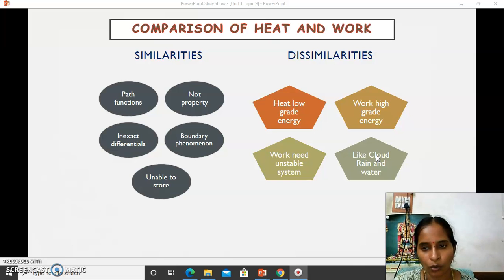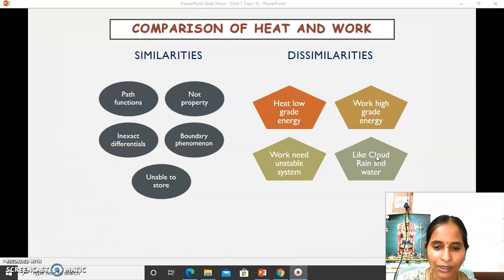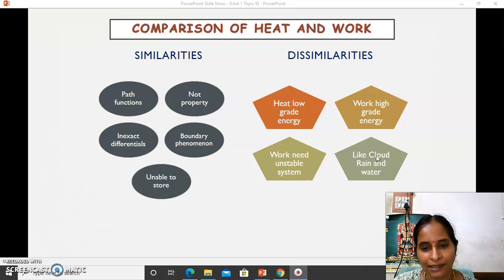Clouds: it is water vapor. During the rain, it is called rain. After it reaches the lake, we do not call it rain, we just call it water, right? Okay, like that, when work is entering the system, we call it by some name,